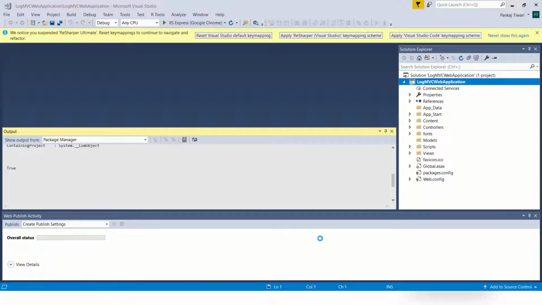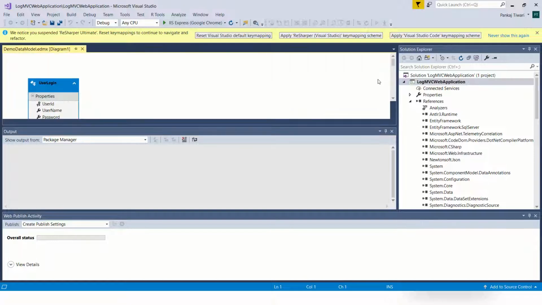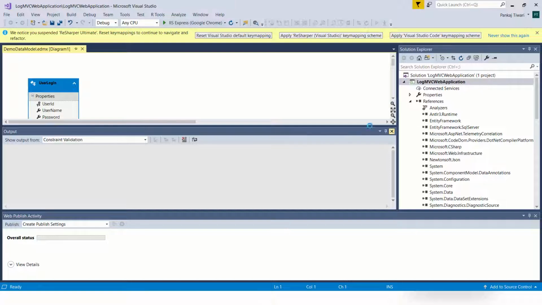It will generate everything. So the user login entity would be added here. See, we have got our entity ready here.